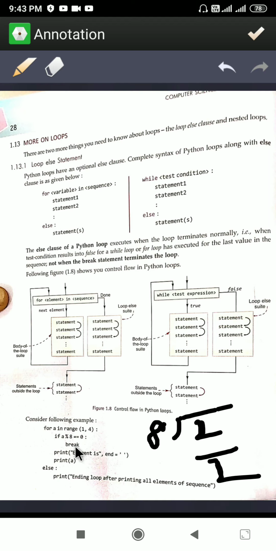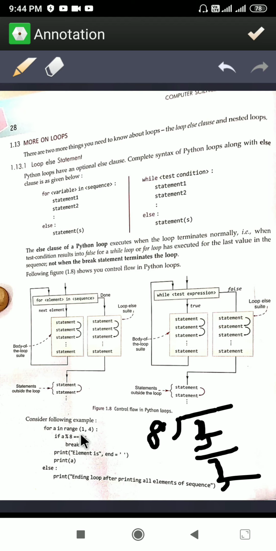No. So if is not executed, and it will come here to print element is 2. Again a will get the value 3, so 3 mod 8, the remainder will be 3, so again it will print element is 3.